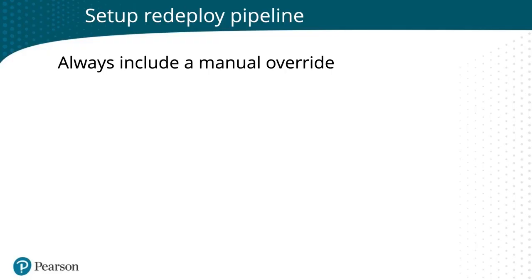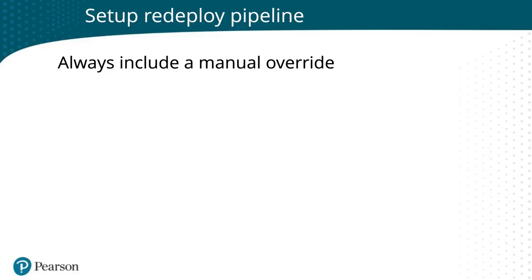The big thing here is to always, always include a manual override for any automation in your redeploy pipeline. Because again, once you're at this step, it's just going to keep going. So you have your metrics and your threshold set up. So every time that threshold is exceeded or it's not met, this redeploy pipeline is going to trigger automatically. There might be a case where you don't want to update your model yet and you want to stop that automation.